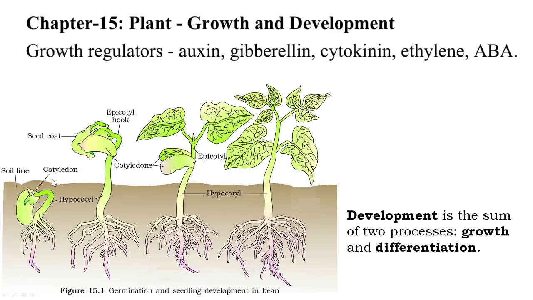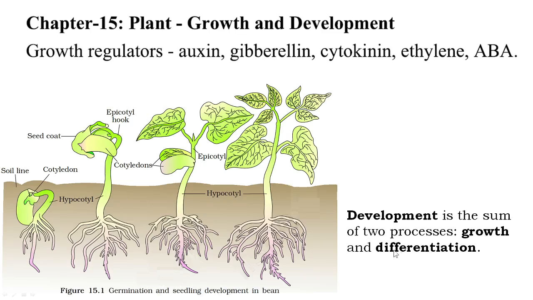So plants, they all start from a single cell called a zygote. The male gamete and the female gamete fuse to form the zygote, which becomes the seed. The single-cell zygote divides to form a multicellular structure called the embryo. Then the embryo's cells further divide, and then they attain special functions, right? They attain a permanent and special function, and that is called differentiation.